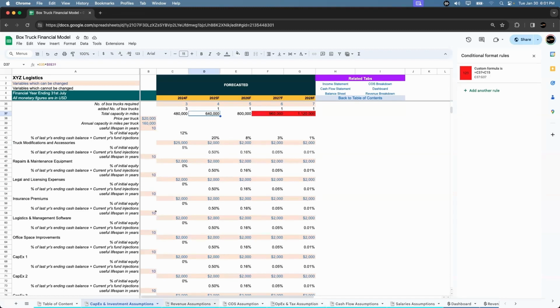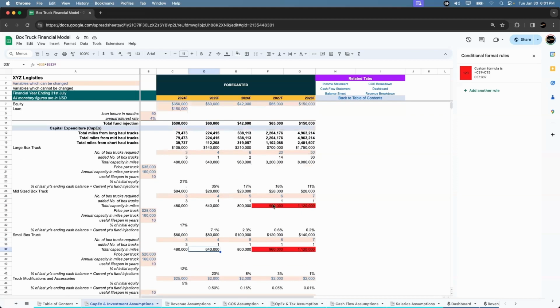So we have 1, 2, 3, 4, 5, 6 assumption tabs. So all the inputs in the model will be through these tabs. You can't make adjustments to other tabs. So let's adjust this also, 20 and 50. So for example, once I put 50, the capacity is 8, but the required capacity is actually